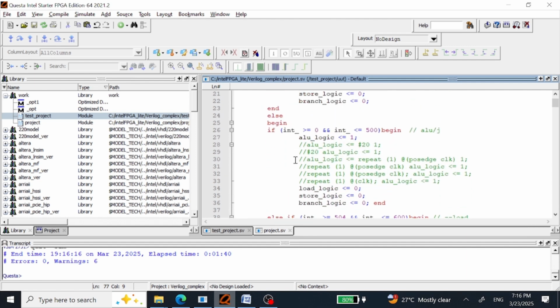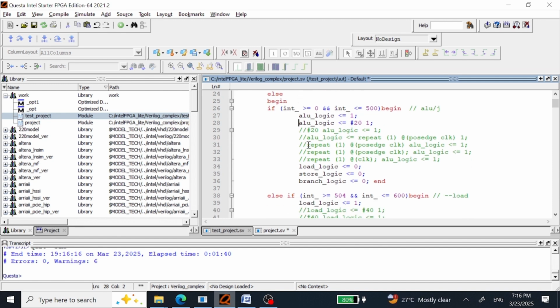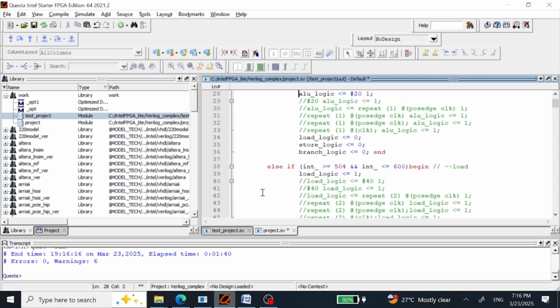Now the first thing is that we can delay using this, and this is equivalent to the way we delay a signal using the after statement in VHDL. So this is the way we put the time here between the logic and the signal, right? And then we are saying